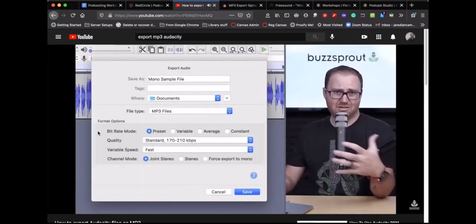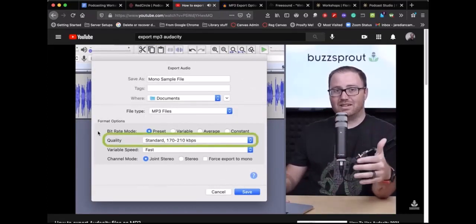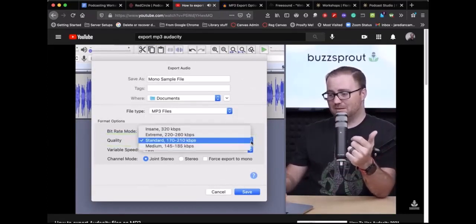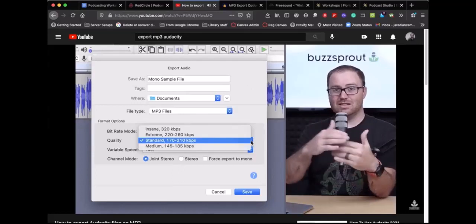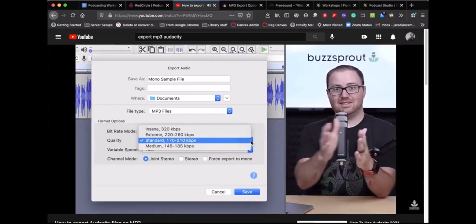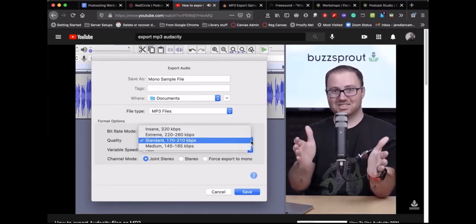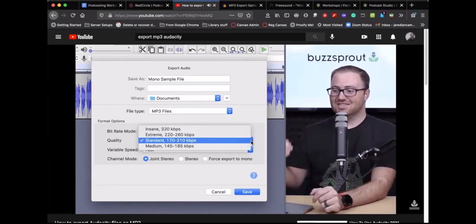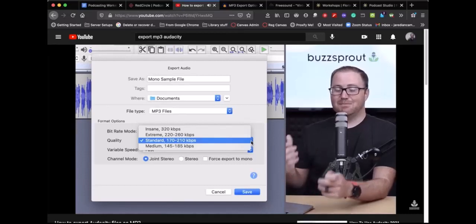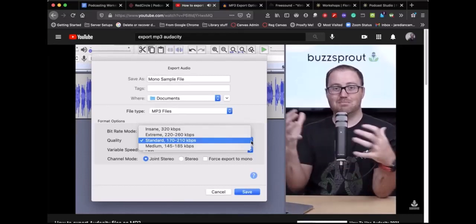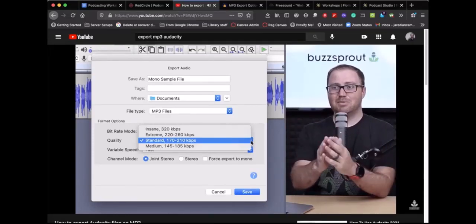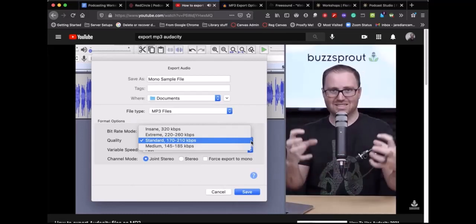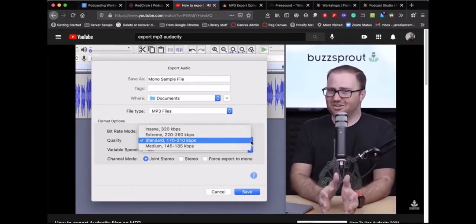Now, a question that I get often about exporting MP3 files is how high of a quality do I need? Because if you click on this drop-down menu, you have 4 different options. You have insane, extreme, standard, and medium. So all that these do is they increase the amount of bits per second. And so an insane amount, 320 kilobits per second, means you're going to have a larger audio file. Will it be a better quality than the standard audio file? Yes, technically, but not a discernible amount. Unless you've really dialed it in and know exactly what you're listening for, you're not going to notice a difference